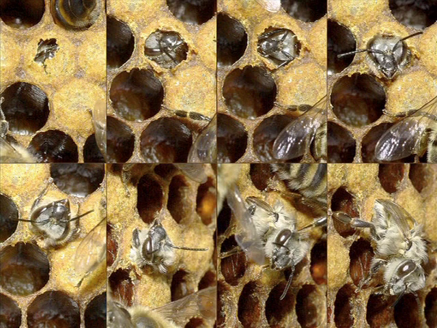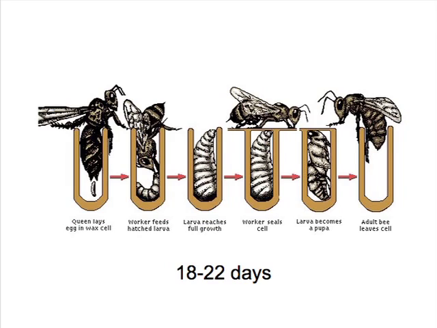So here are the developmental stages of a worker bee. They're inside these cells, slowly making their way out. Here it shows how the queen bee lays an egg inside these cells, and then it turns into a larva, and then the worker bee comes out. The worker bee has a lot of work to do. It doesn't just go straight out to the flowers to pollinate. It has work to do inside the beehive. It has to do that for 21 days before it starts going out. So one of the things they have